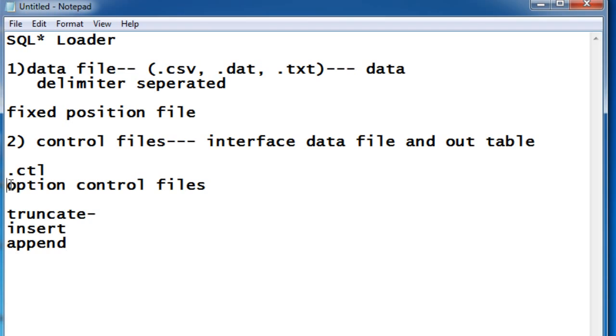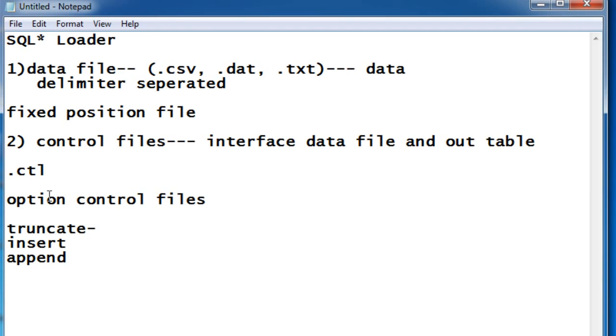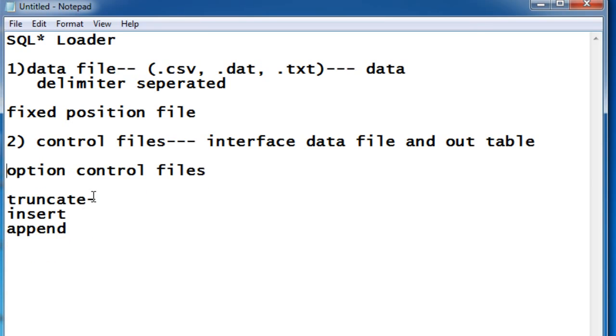Those are the options available in this control file. We'll see how this control file and the data files will look after going through the files required for this SQL loader process. So after this, the next file that is required is